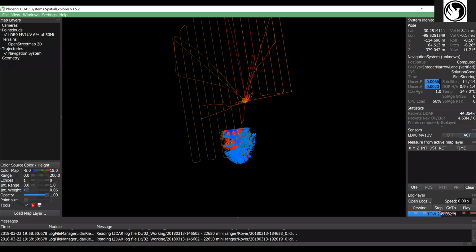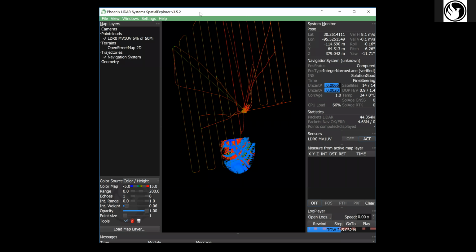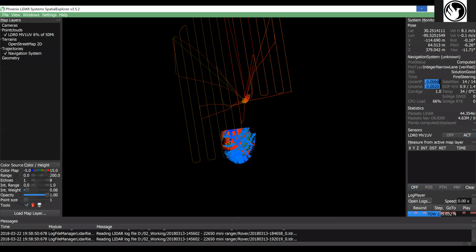And from here, we're then going to want to take this trajectory and post-process the trajectory, which are these flight lines back and forth. So our next step is going to move into another software program that's been around for many, many years called Novatel Inertial Explorer, which Phoenix offers, and is a really good software program to create a smooth best estimate of your trajectory. So I'm going to minimize this